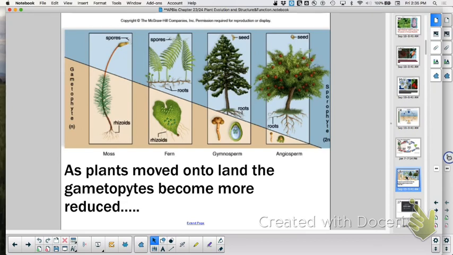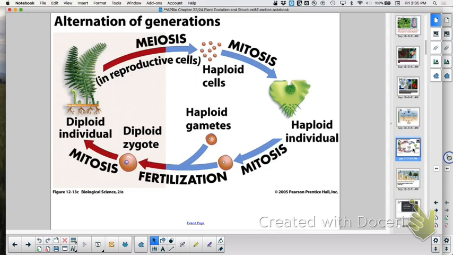Ping pong back and forth and say what you know about this slide or your take on this slide. Pick or choose which one you want to do. I'm doing this one. Okay. So I see the individual is diploid, and that's called a sporophyte, and then it undergoes meiosis.